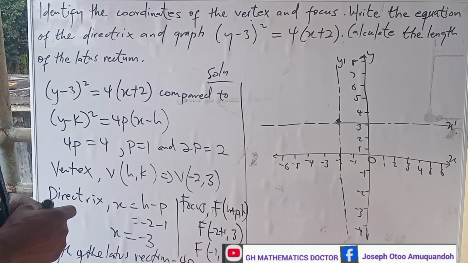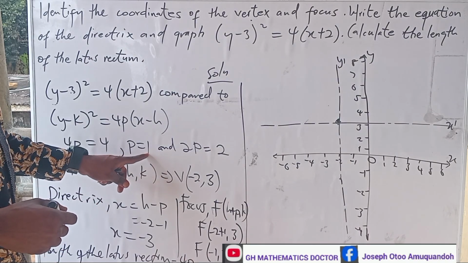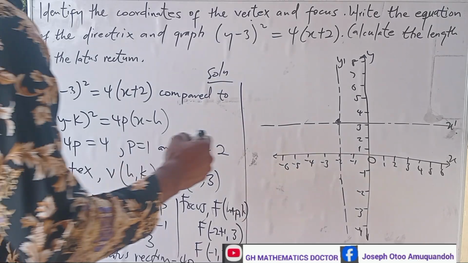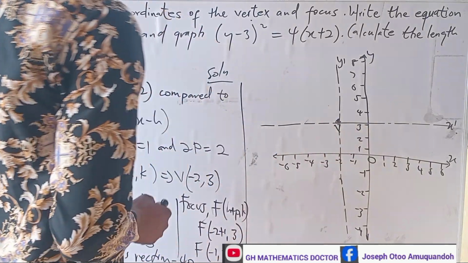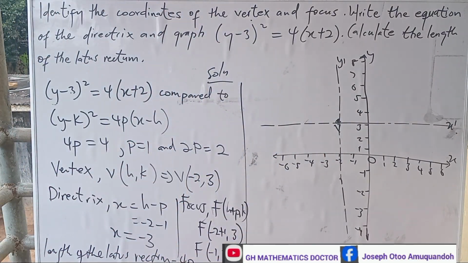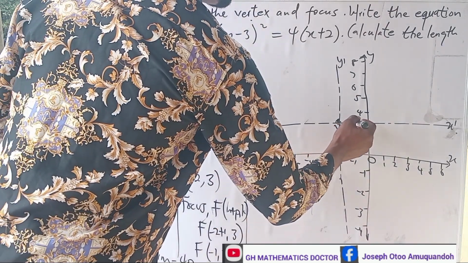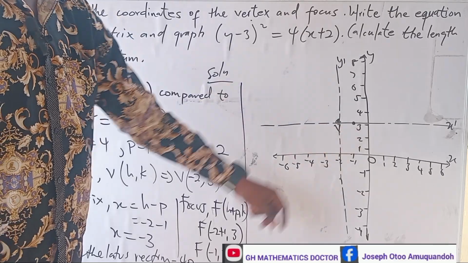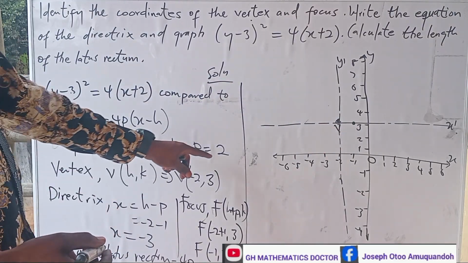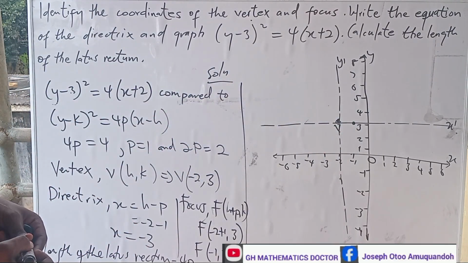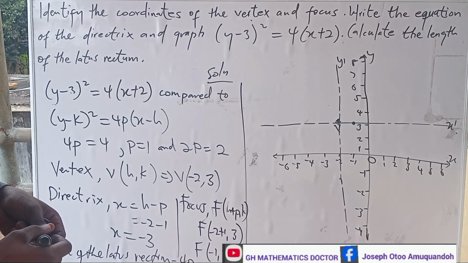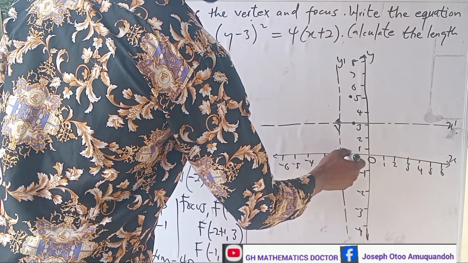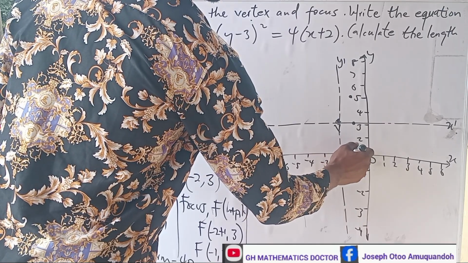So we are supposed to find the p. So p is equal to 1. That tells you one skip forward from the vertex. This is our vertex, the point of the parabola is the vertex. So one skip forward will give you negative 1. That will be here, and that gives us the focus, negative 1, 3. We need to find our 2p. That's the two skips extension on both sides of the axis. So we have it here to be 5, and we have here to be 1. So when we extend